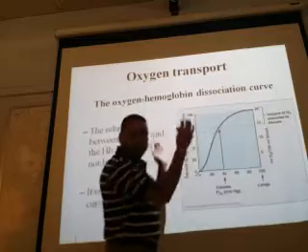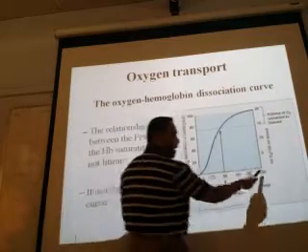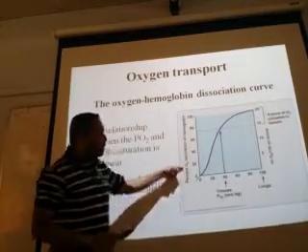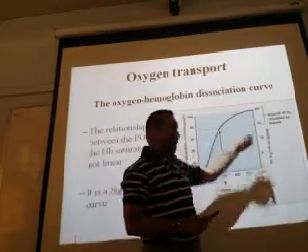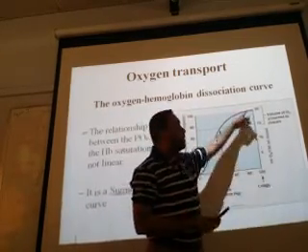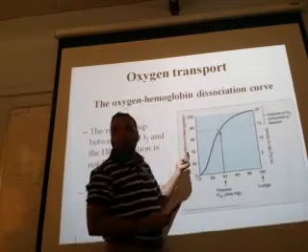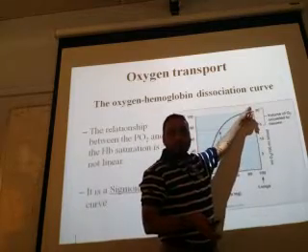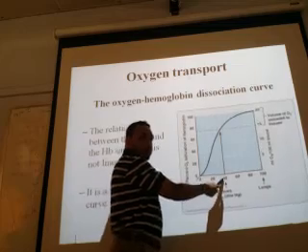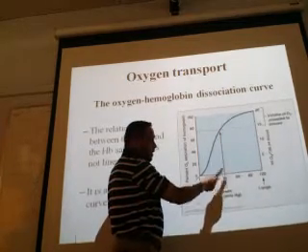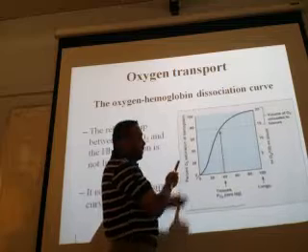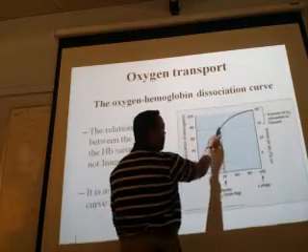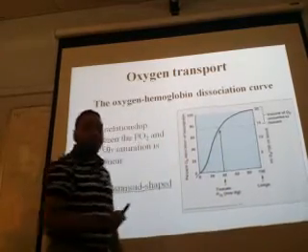When you plot a graph, you know how to plot a graph. So at 100 PO2, you make a dot here. Why? Because it is almost 100% saturation. At 100 PO2 in the lungs, what is the saturation of the hemoglobin? Almost 100%. So you put a dot here. What about at the tissue level, at a partial pressure of 40, what is the saturation? Is it 100% saturated? No, it will not be. It is about 75% saturated.